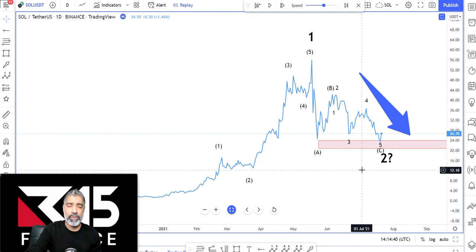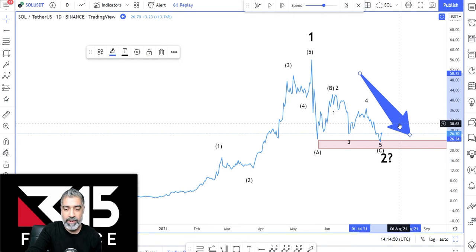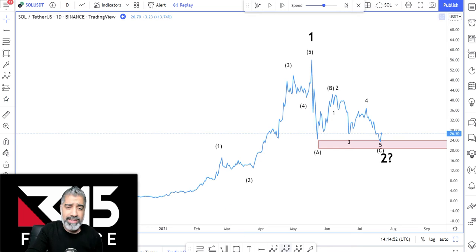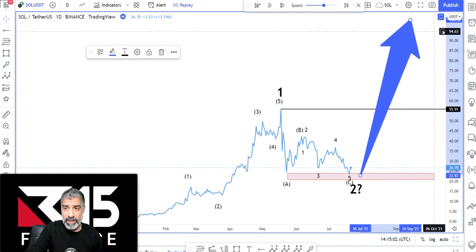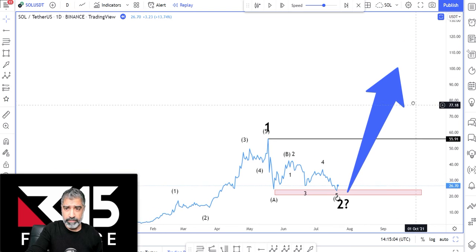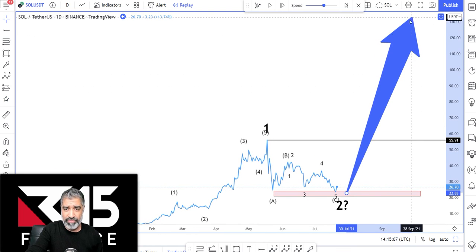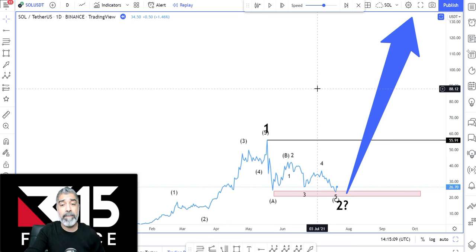So now we have momentum in our favor, and we have a wave 5 of a wave C of a wave 2 that is telling us in advance we have a very high probability that we are going to see all-time new highs being made because the next wave typically is a wave 3. And in a future lesson, I'm going to show you how you can project in advance what is likely to happen with a wave 3, because a wave 3 is often the most impulsive wave